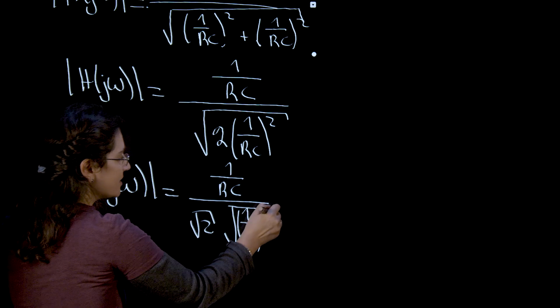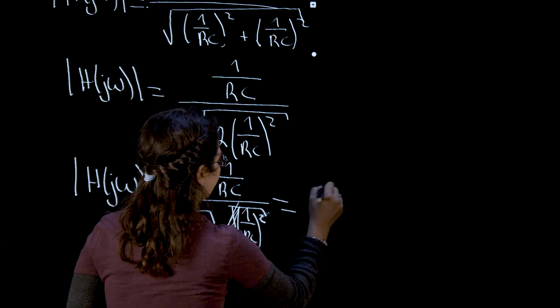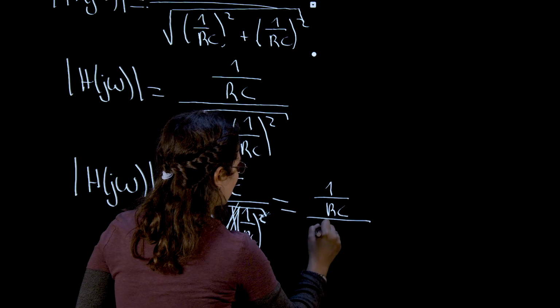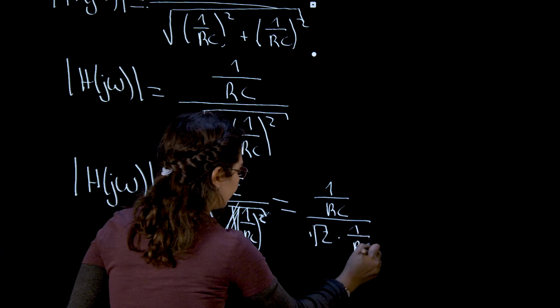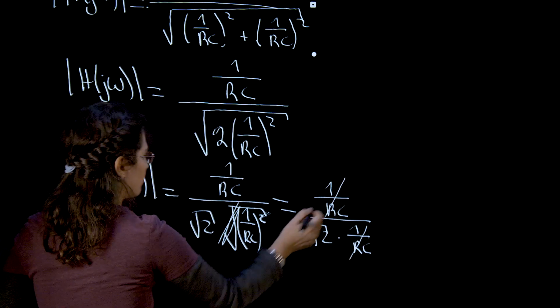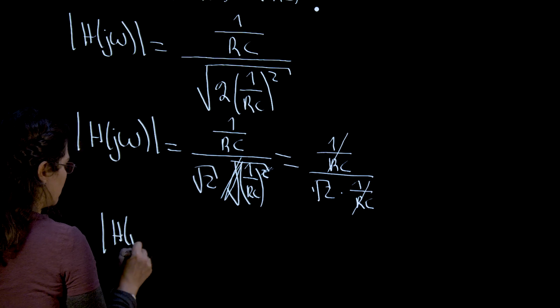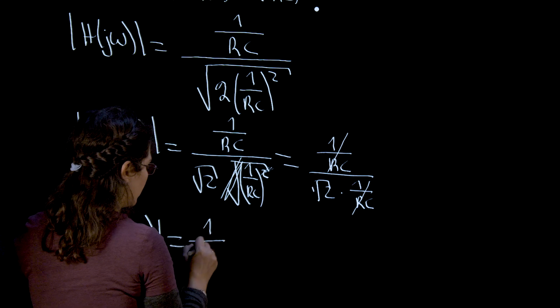And this squared goes away with the root. So I get 1 over RC over square root of 2 times 1 over RC. And then this one goes away with this one. And I get that my magnitude is equal to 1 over square root